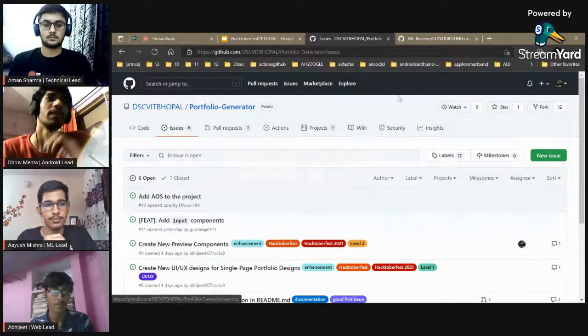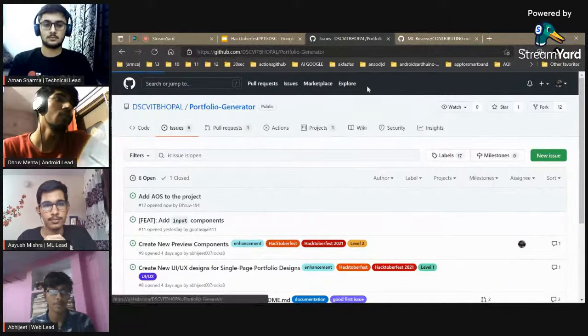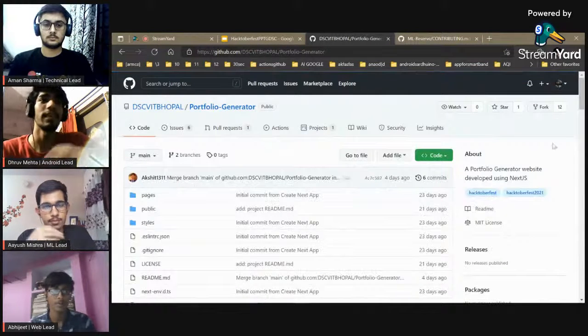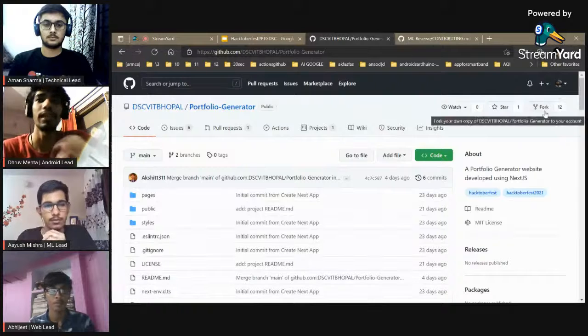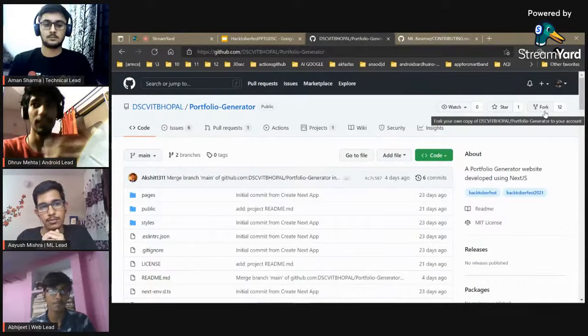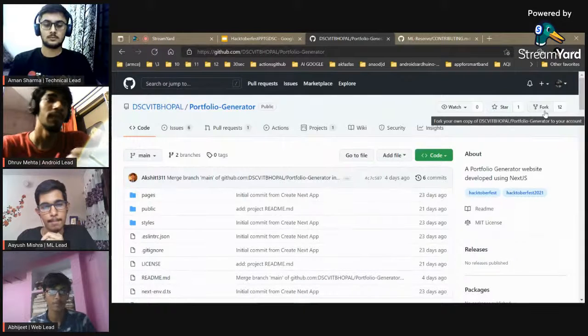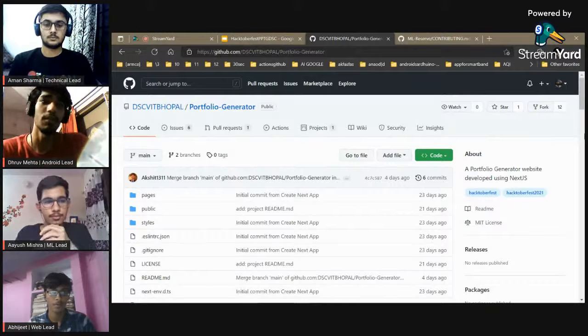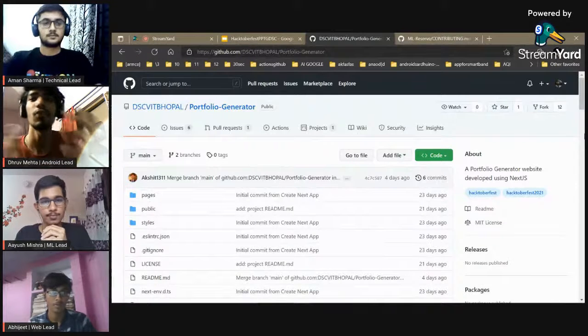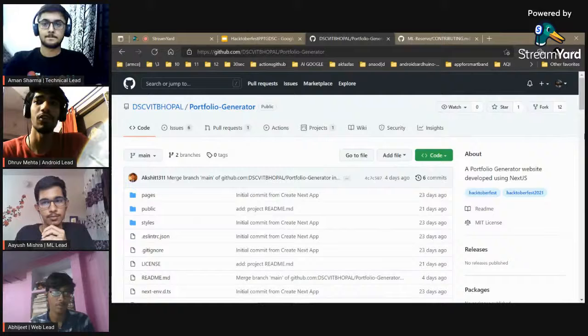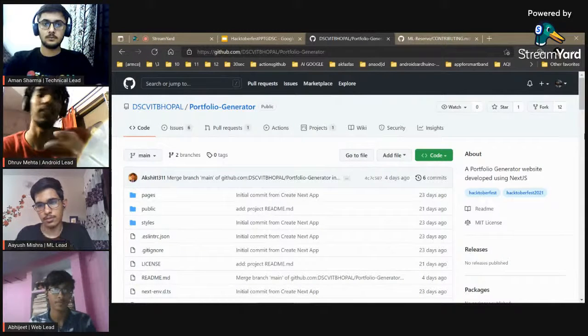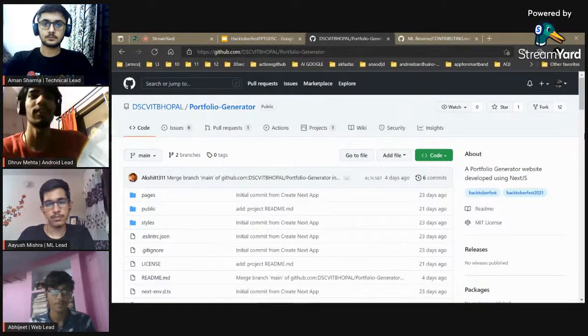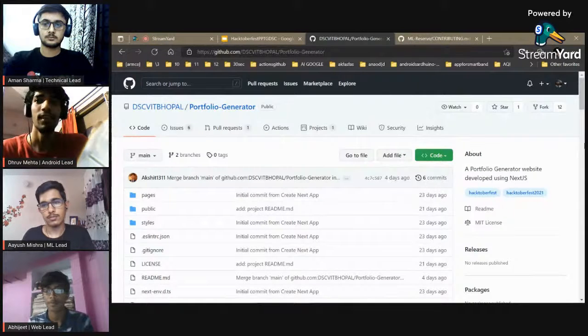issues, now we'll be talking about forking. So the second point is that you need to click on this fork button to have your own copy of this repository in your GitHub account. Now the third point was cloning the project on your local machine so that you can have the original copy of that repository on your system. To know how to do forking and cloning, you can follow yesterday's session. You can find the link of yesterday's session in the chat message. Then